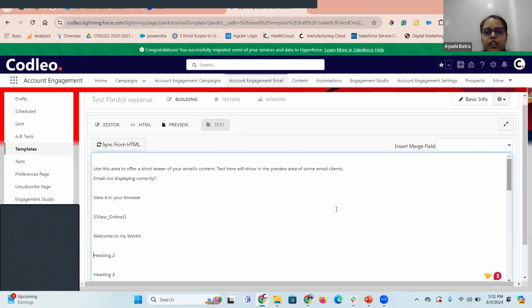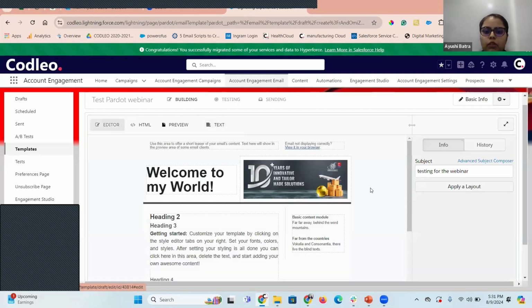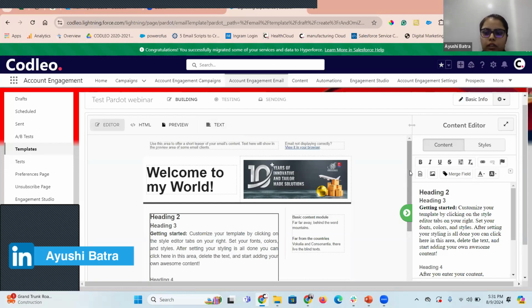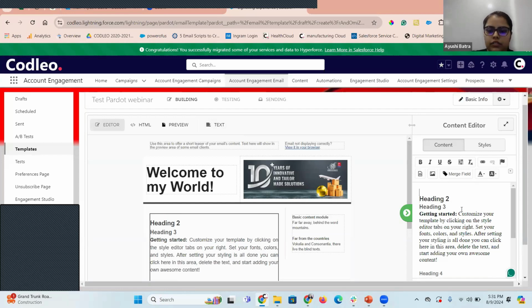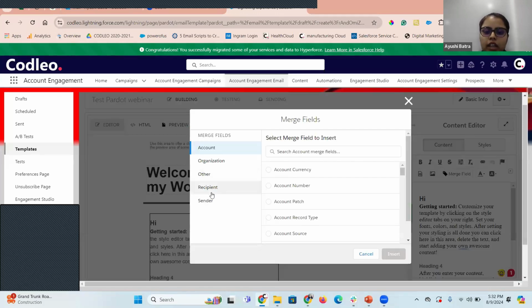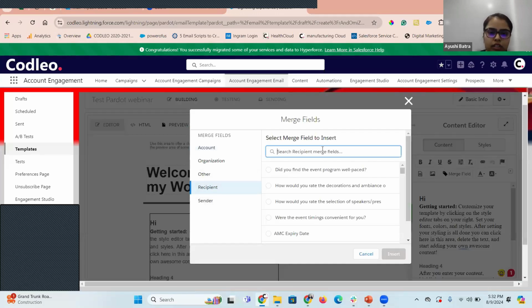So now once you have created that email template, you want to make it personalized for your customers. Like how you receive your emails, your name is also showing. How it happens is you can use the merge tags for that. How we can add the merge tag is we can simply click on the hi, and there is a box called merge field through which we can personalize our emails. Once you click on that, just click on the recipient and the first name.